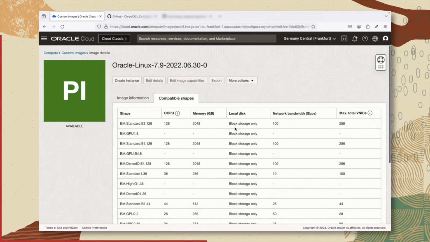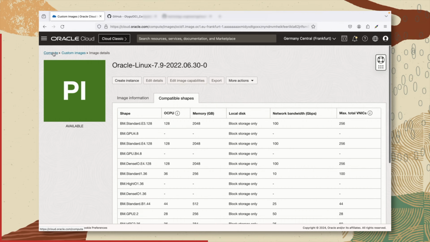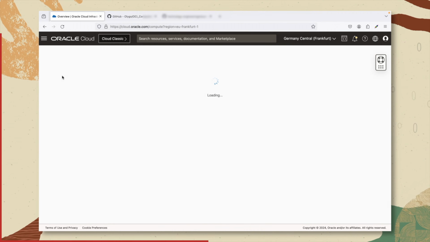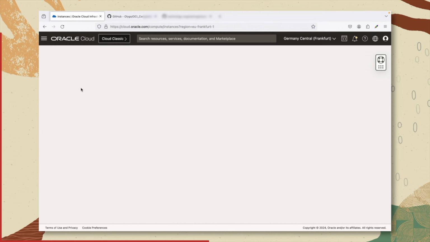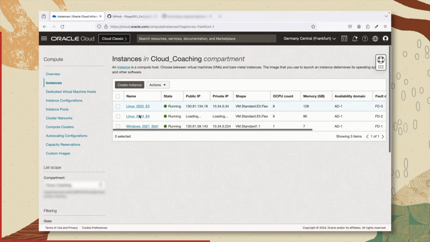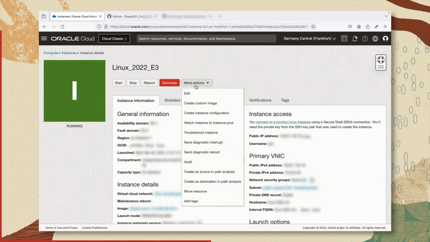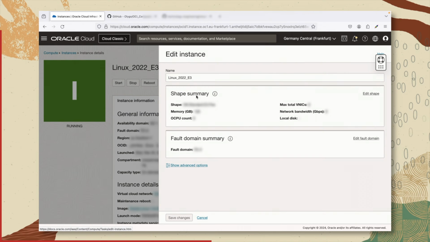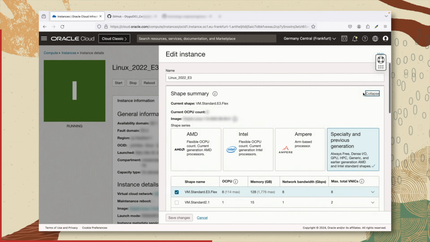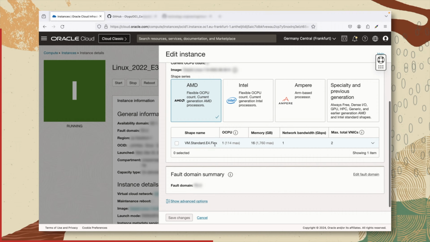So we will not be able to do the migration so easily. Let's go back to compute, instances, and our instance. If I try to do the migration, clicking on edit, edit shape, AMD, okay, E4 is available